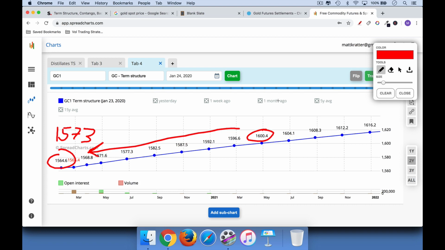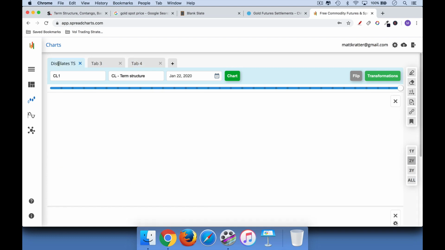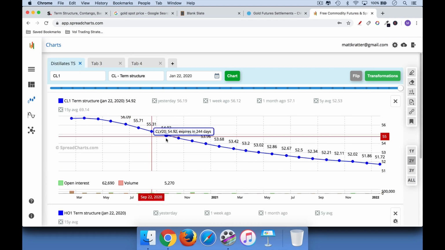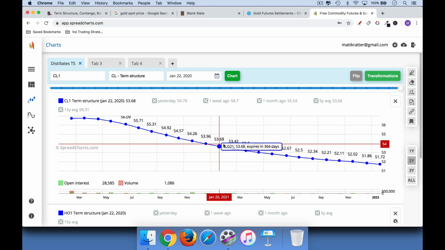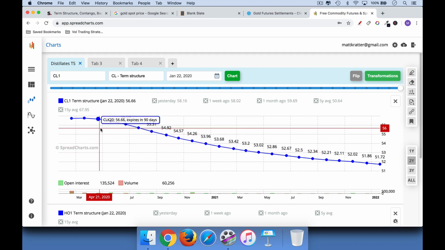But if the market is in backwardation, you actually get paid. If you're long crude oil where the curve is inverted or backwardated here, you're going to actually have positive carry over time. You'll make a little bit of money every day. It's similar to being long a dividend stock. If you're long a dividend stock, you basically make a little bit of money every day. You only get paid quarterly, 4 times a year, but you make a little bit of money every day. That's positive carry. So if you're long a backwardated commodity, there's positive carry.